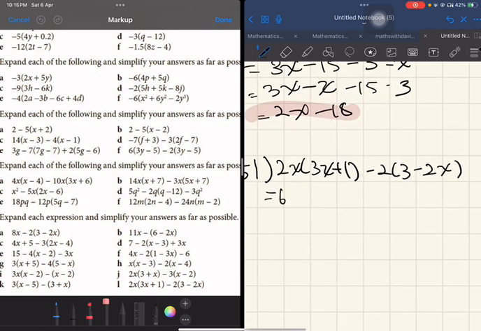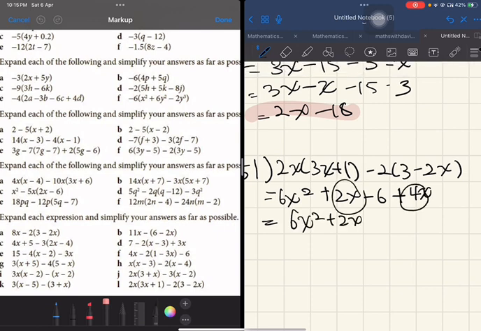As you use the distribution method, you will get 6x squared plus 2x minus 6 plus 4x. Combine the like terms: 6x squared plus 2x plus 4x minus 6, you're going to get 6x squared plus 6x minus 6. Okay, so this is the answer to the last question of question 5